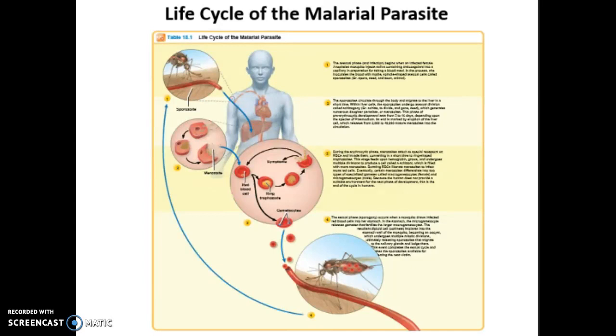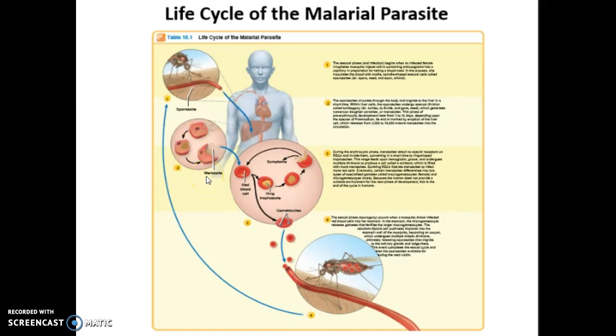Alright, so here's table 18.1, and it looks at all of the different stages or the life cycles of the Plasmodium organism. So to begin with, you've got the mosquito in step 1, and the sexual phase has just finished in the mosquito, and at this phase the organism is classified as being a sporozoite. So the sporozoite is actually what gets injected into the human at the level of the skin, and almost immediately the organism somehow is able to very specifically move to the liver. And it does this simply by blood movement, and when the blood gets to the liver for the filtering process, the sporozoites are able to stick to the hepatocytes, get into the hepatocytes, and then they alter themselves to become